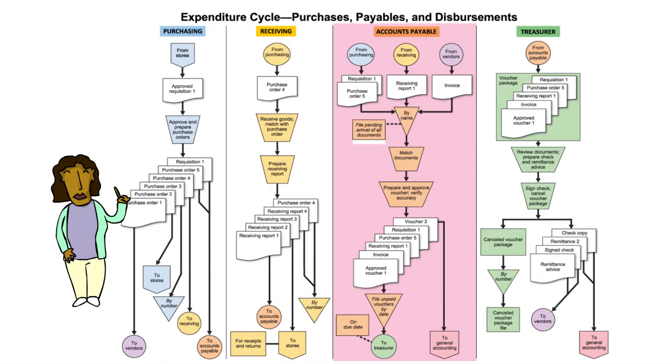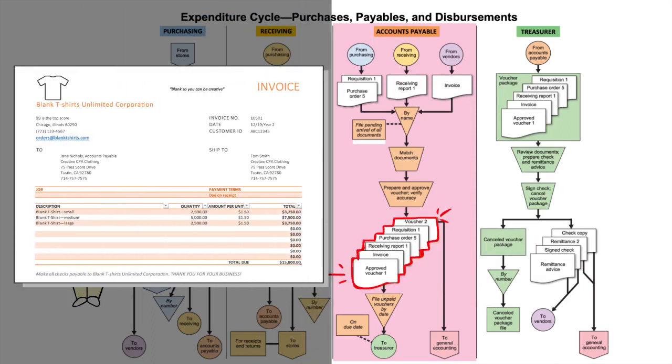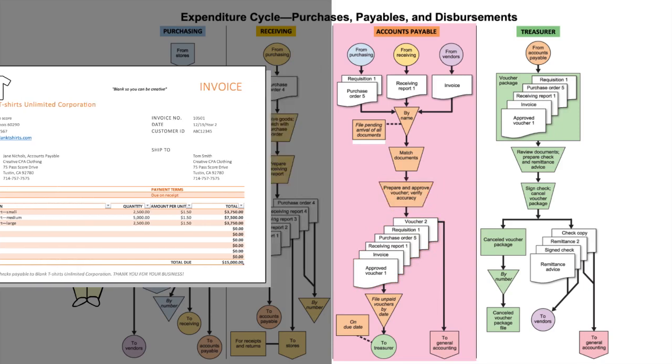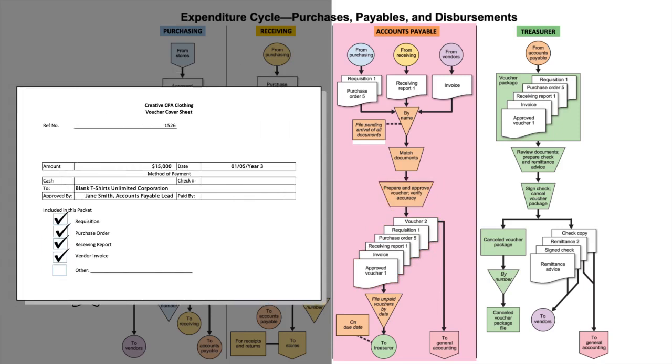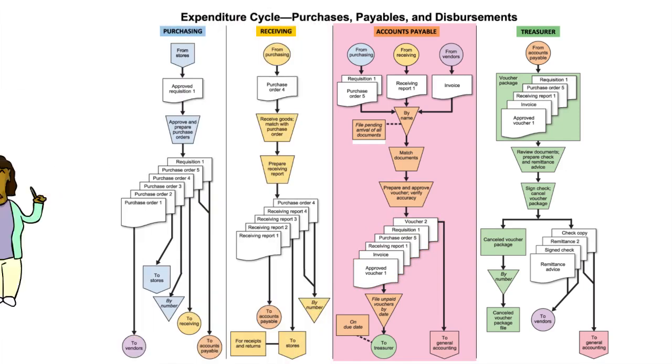Good controls here. Matching the invoice to requisition, purchase order, and receiving report, making sure that everything agrees. Mathematical accuracy and approvals on the documents are verified. Using a pre-numbered voucher cover page. And segregation of duties between record keeping and custody.